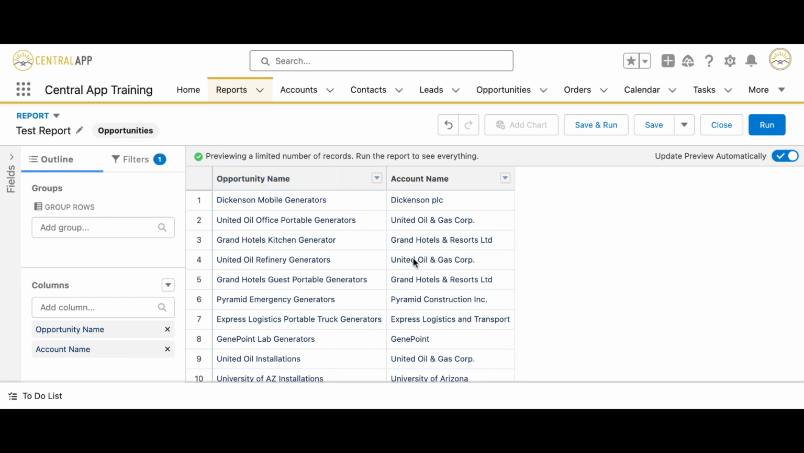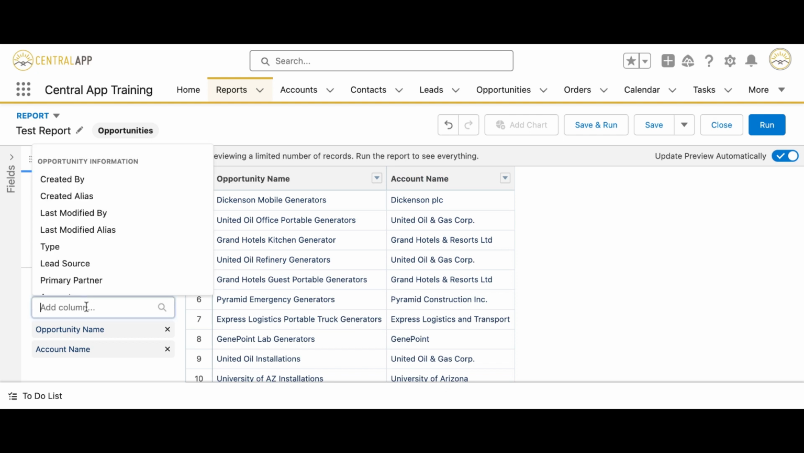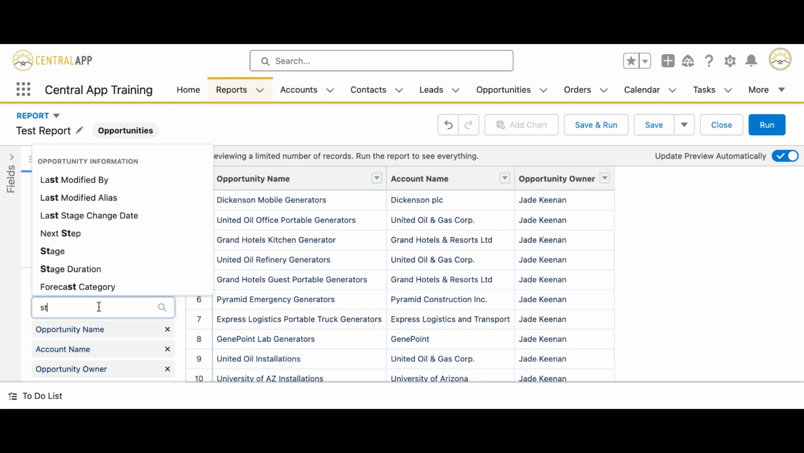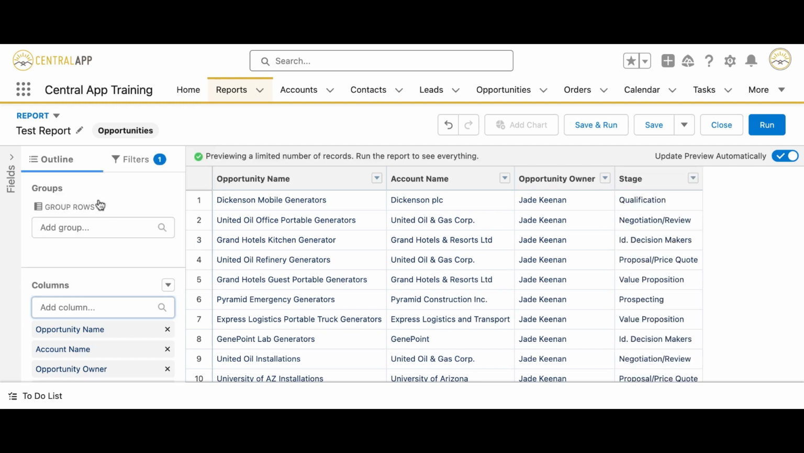So we're going to want opportunity name at the front. We're going to want account name. And then we're going to want to know our opportunity owner and the stage that it's currently in, and then the amount of the opportunity. So these are all of our fields that we'd want to know when asking the question, how many open opportunities